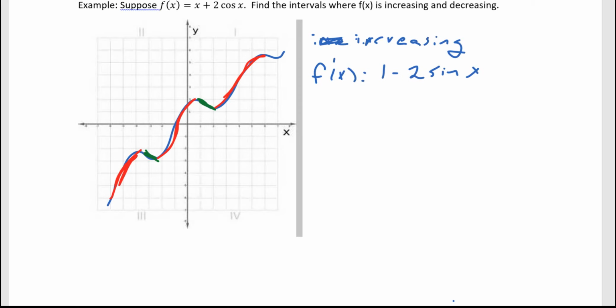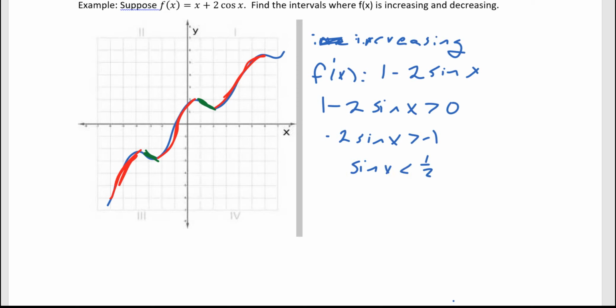So we want to know, when is this thing greater than 0? And we could subtract 1 from both sides. Then when we divide by that negative 2, we get sine of x has to be